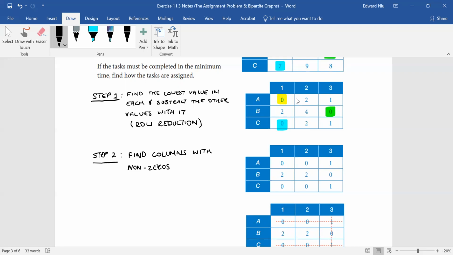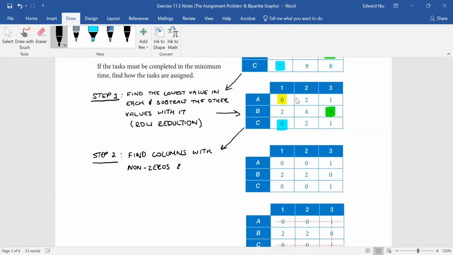Okay, so while I'm writing this down, see if you can find the column from above with non-zeros. All right, so we've gone from there to here to here. So find the columns from here with non-zeros